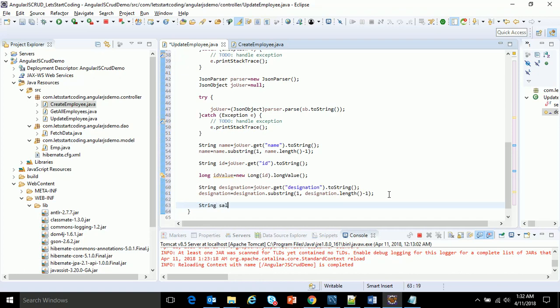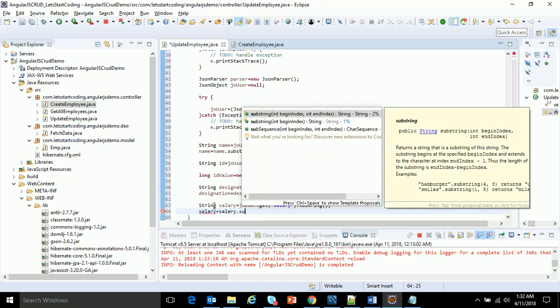String salary equals, again salary equals